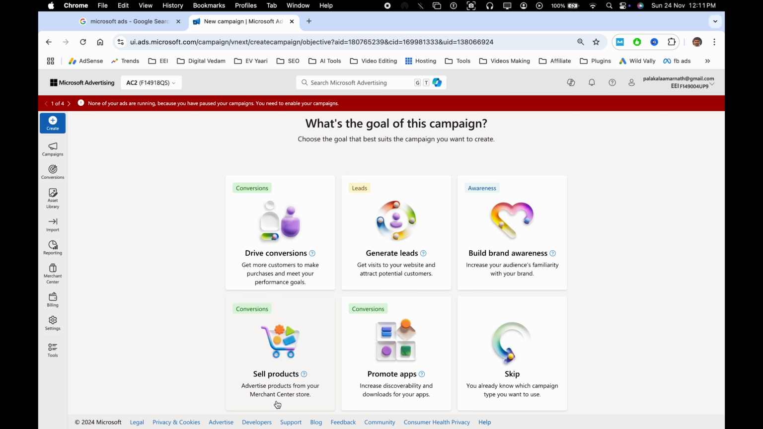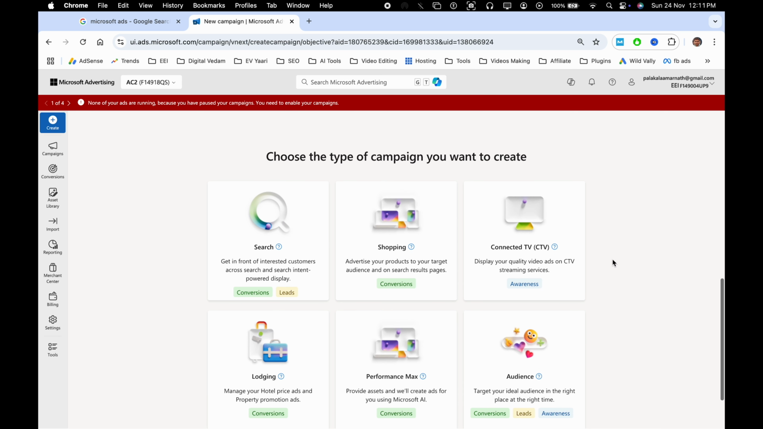Next is sell products. So you have your Merchant Center, right? So using Merchant Center, you can sell your physical products over here. Next, promote apps. You have your app already and you want to promote apps, you can do this. You don't know what your goal is, you can just skip and you will be taken to the next step. So for this purpose, for showing all the options, I'll just choose skip, and you will be seeing